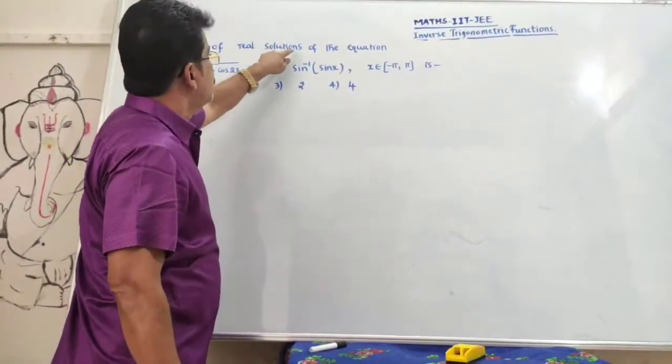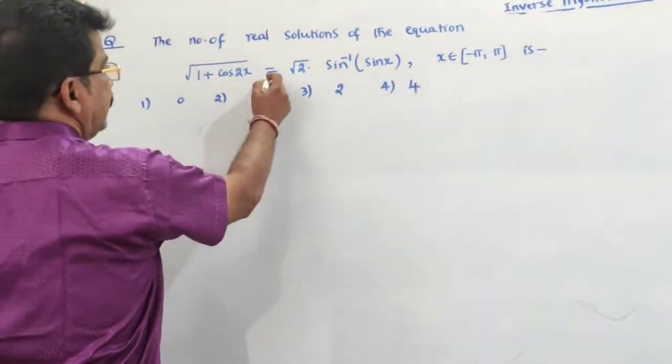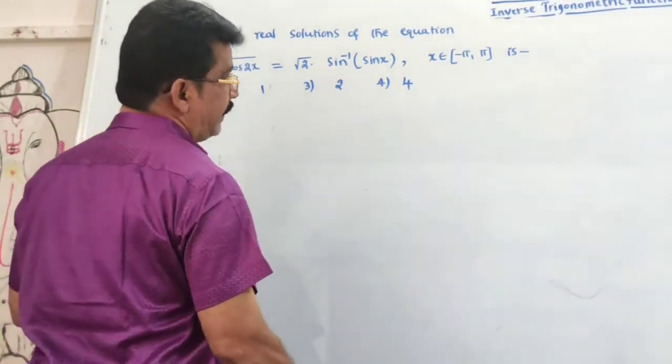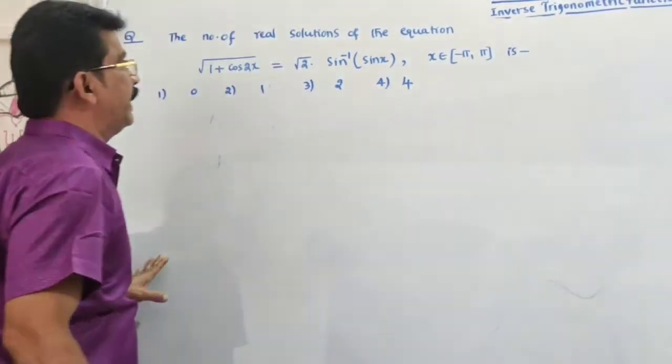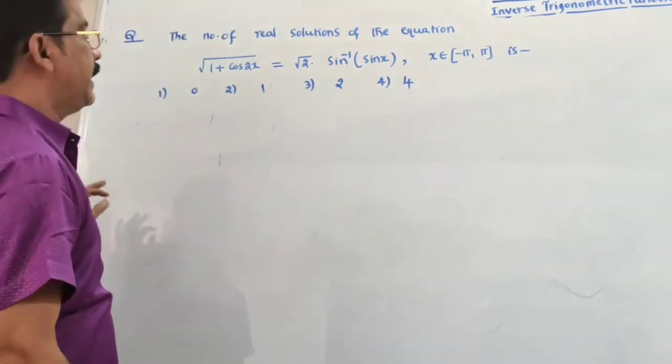The number of real solutions of the equation square root of 1 plus cos 2x equal to root 2 into sin inverse of sin x, where x belongs to the closed interval of minus pi comma plus pi, is what? 0, 1, 2, 4. Four options are given. Here,